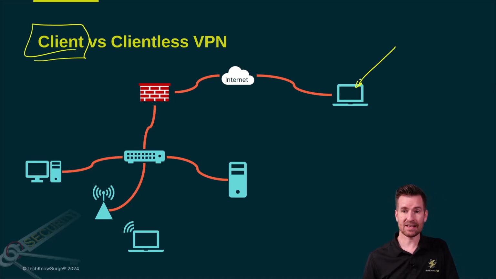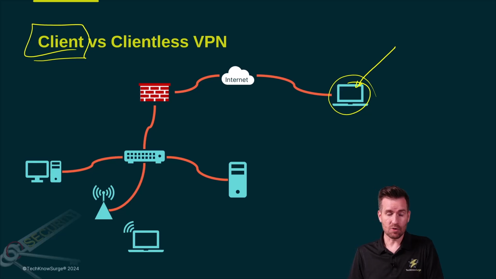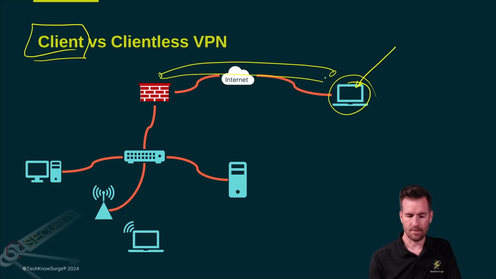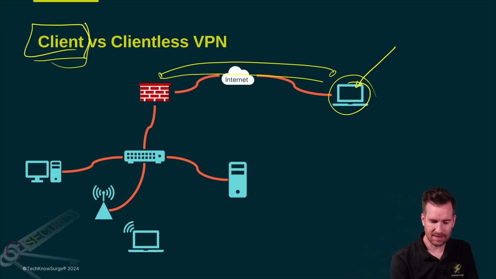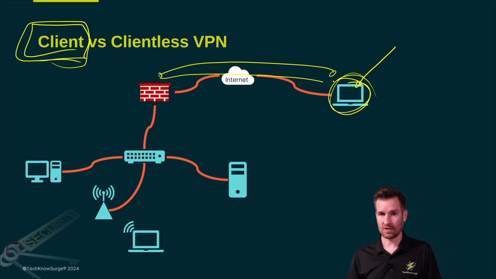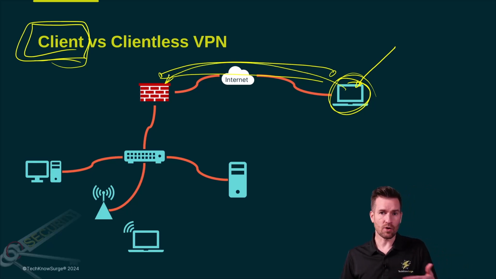So that means that this client machine has client software, a separate program that you get up and running to make the connection and then authenticate through that connection. So this might be like Cisco's AnyConnect or OpenVPN or some sort of VPN software that then creates this tunnel to your firewall. So that would be client-based, but there is also clientless, and that uses other connections, like SSL, or technically TLS, to make that connection to the firewall, and you probably do it through some sort of